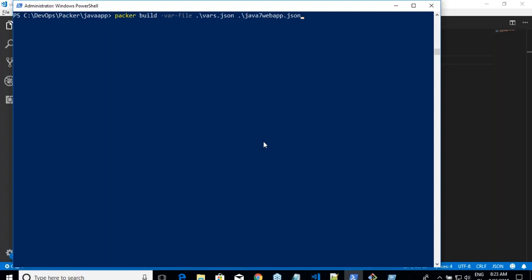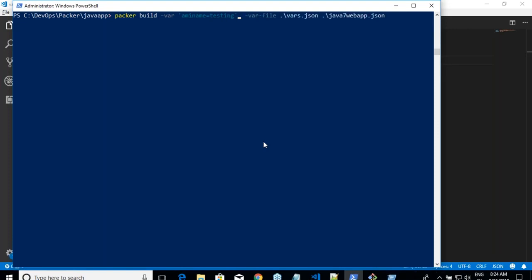So rather than passing the variable multiple times, write all of your variables in one file and simply pass this. That is the whole stuff of it. Right? Are we good? We have a var and a var file. Now, let us assume I do this. I also pass a variable with minus var, AMI name is equal to testing.